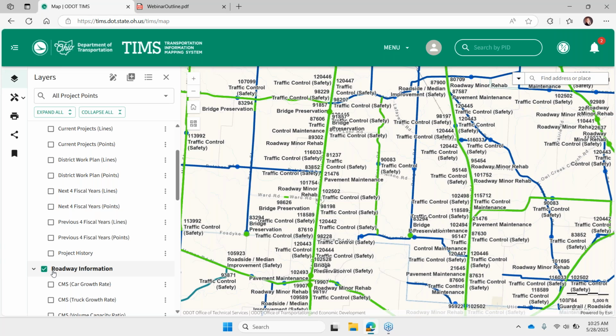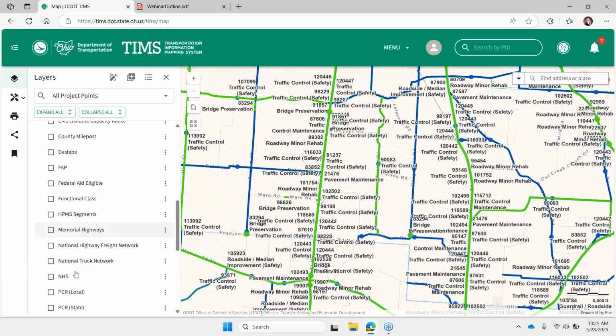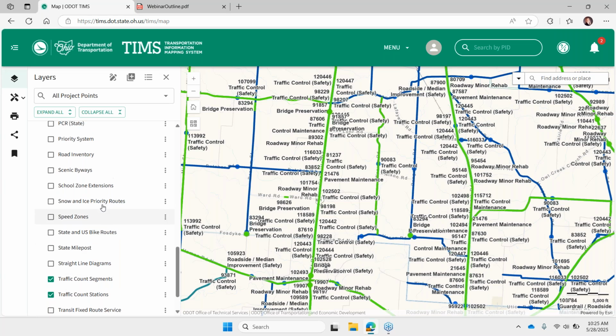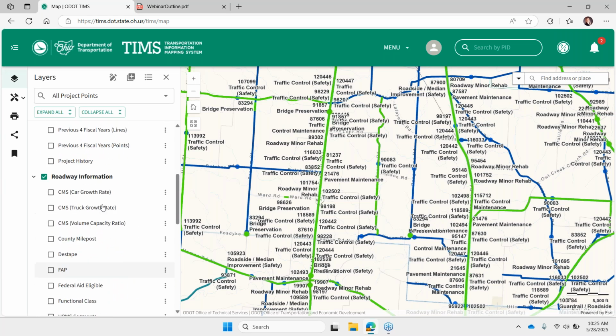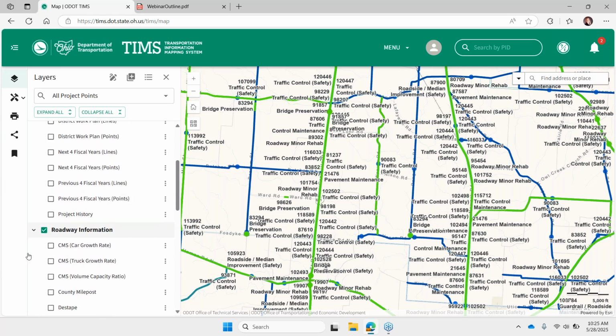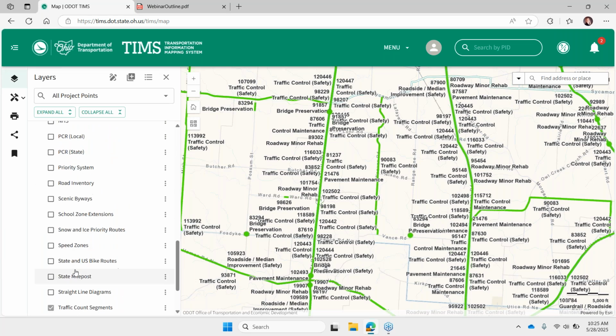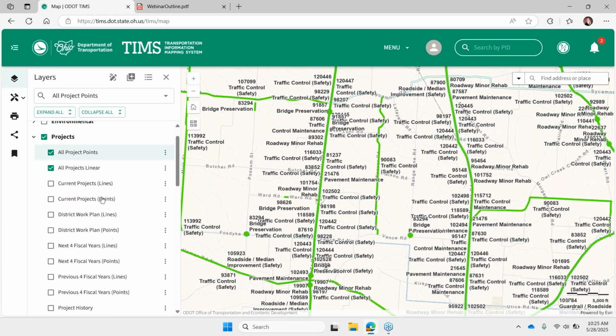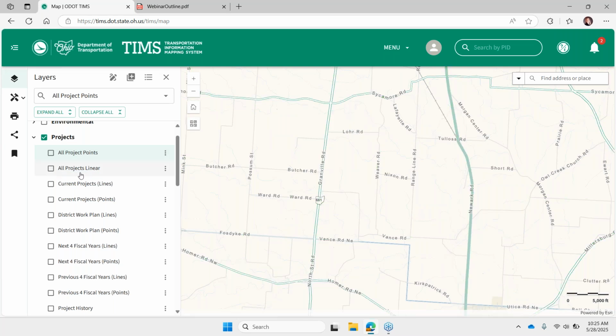If I want to see only those layers, I can either scroll back down and individually turn off my traffic count segments and lines, or I can just turn that grouping off. It's an easy way to toggle back and forth as you're navigating multiple layers at the same time. We have all these ways of filtering out the project data.